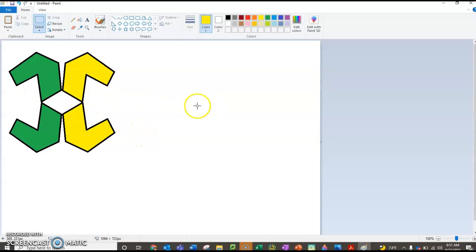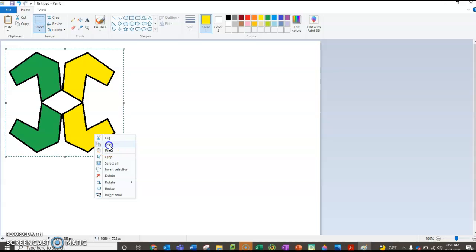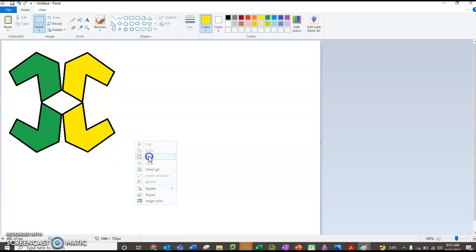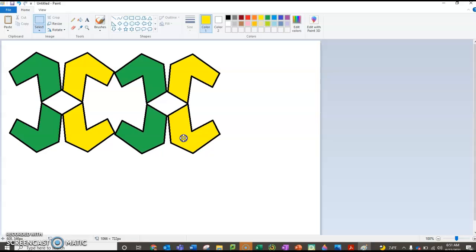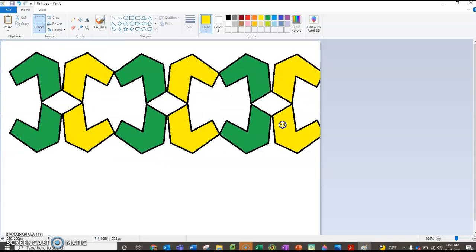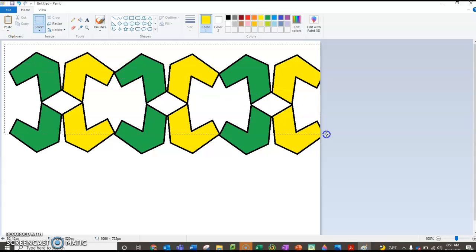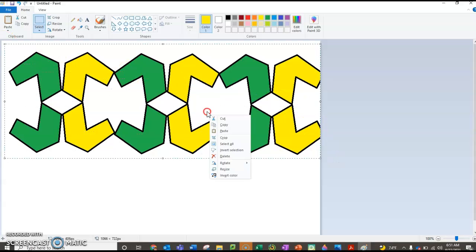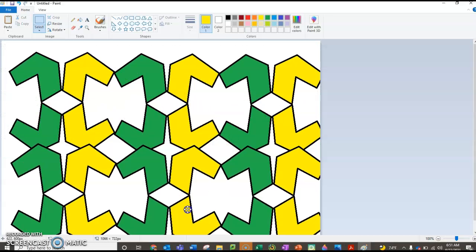You could do this over and over and over again, but the easiest way is, now that I have this, if I copy it and then paste it, I can put it like this, and I'm now starting to have a tessellation. So now that I have this, if I take all of it and copy it and then paste it,